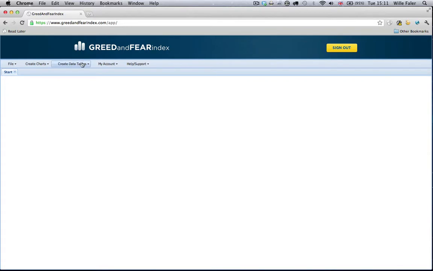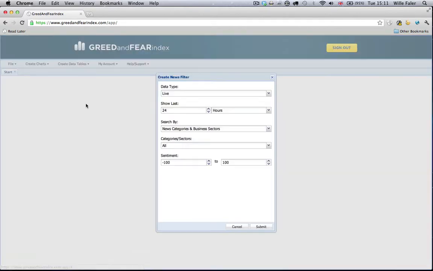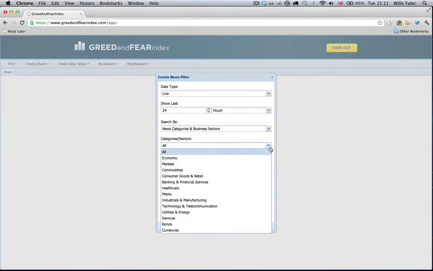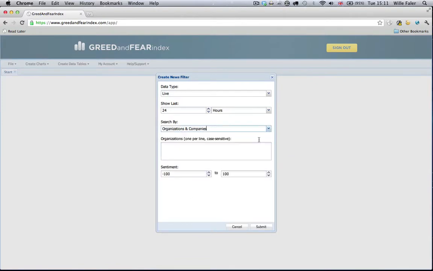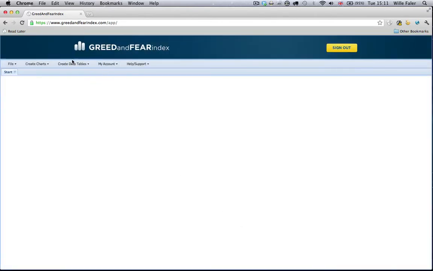Then we can move over to data tables. Here we have a number of options. We can filter news. In other words, we can look at the actual news stories for different categories or companies, if you want that. We can look at the most talked about, most positively mentioned, and most negatively mentioned. If we look at the most